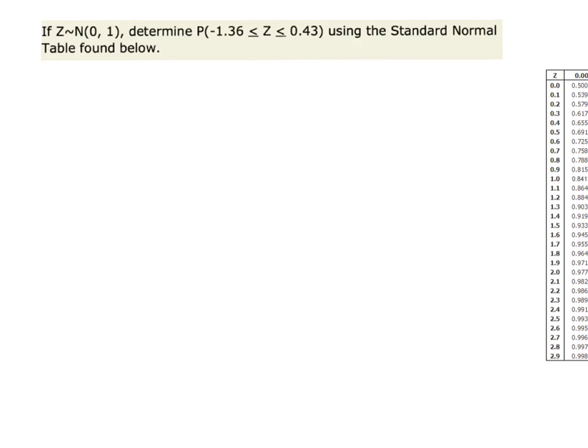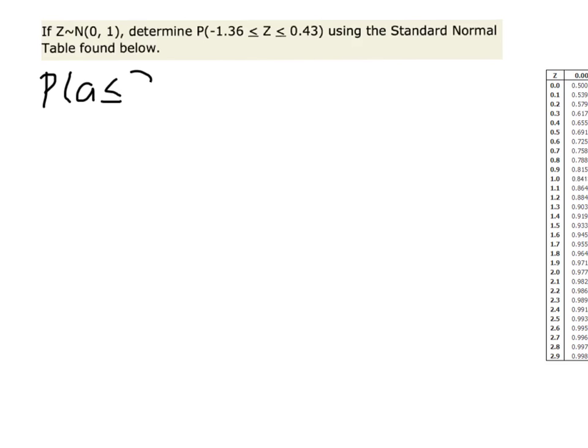If z is normally distributed, determine the probability that z is between negative 1.36 and 0.43 using the standard normal table. In order to do this, we need to use multiple inequalities in order to find this probability. We know that the probability